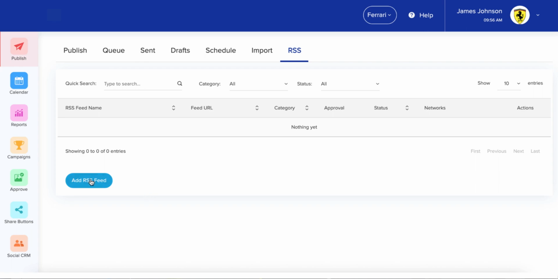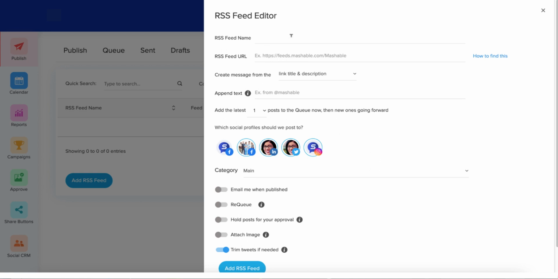So let's click Add an RSS feed. First thing you want to do is paste that URL. So here's an example from Mashable. Their RSS feed appears here. So the best way to find an RSS feed, and there's information in our knowledge base about this, but just